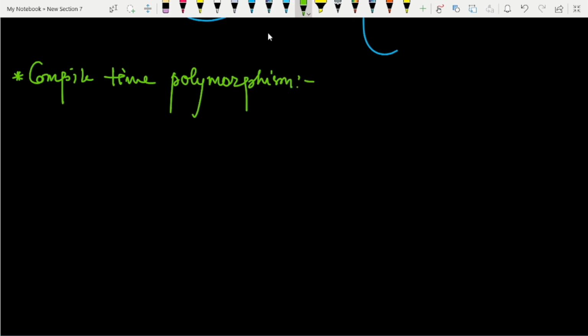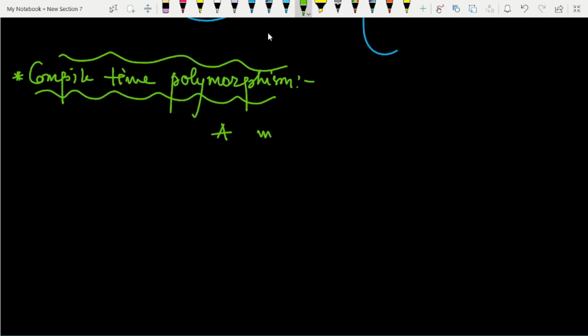When a method declaration gets bound to its definition, first we write the definition, then we understand what the definition tells. So the compile time polymorphism definition is: a method declaration